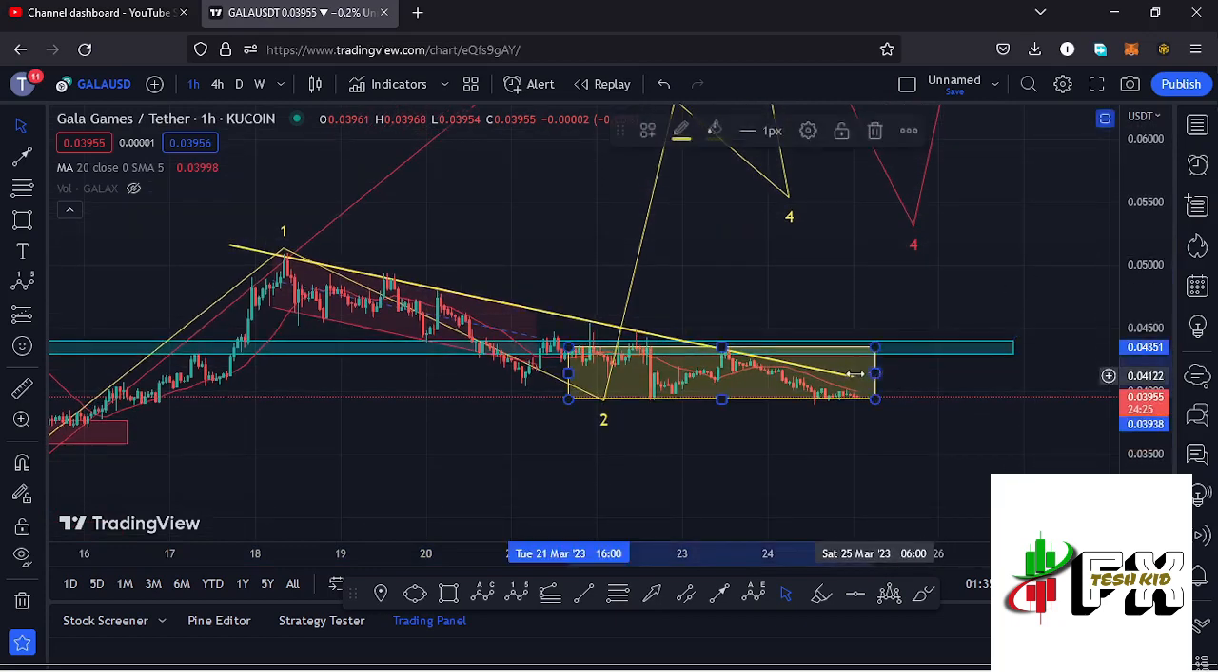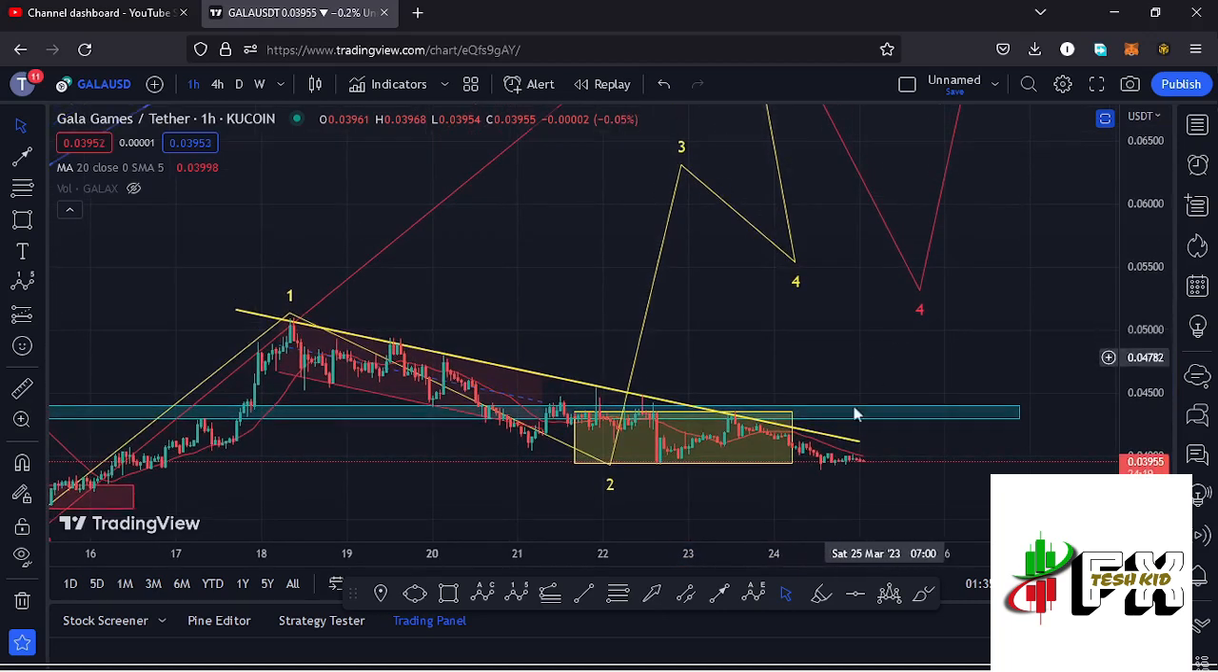And for that move to also play out and also give us a confirmation that we are back in the formation of this wave 3, I'll be watching for a break above this descending trend line that we have right here. And the moment we manage to break above that trend line, then I'll be watching for a break above our next key area of resistance at around the